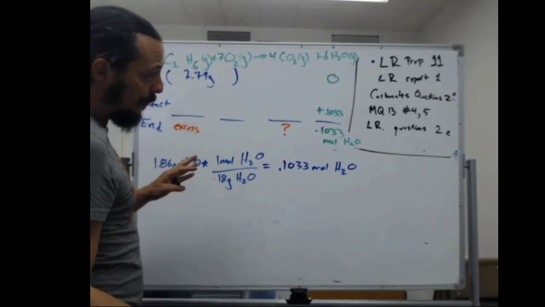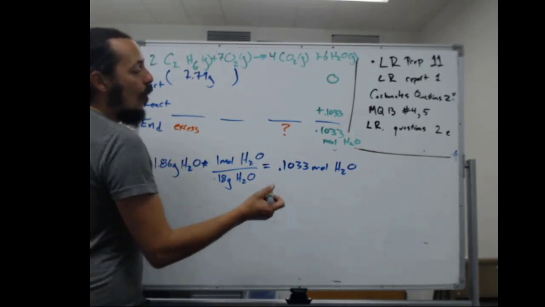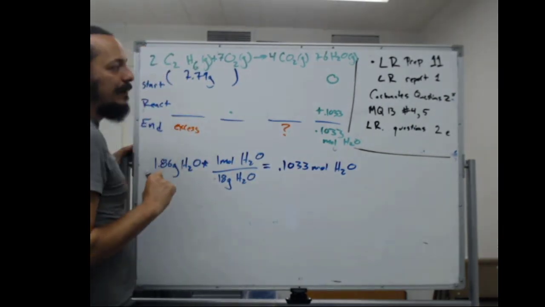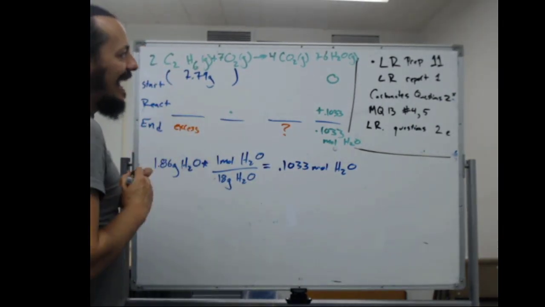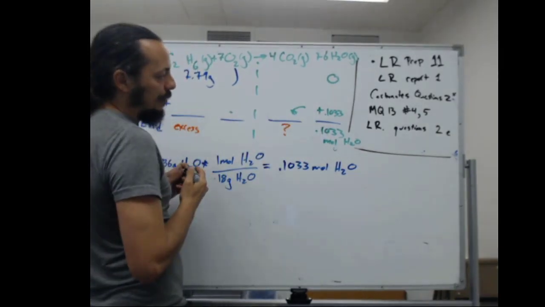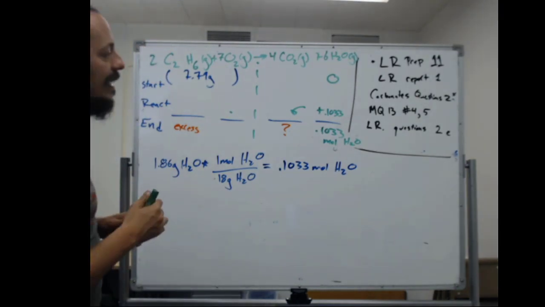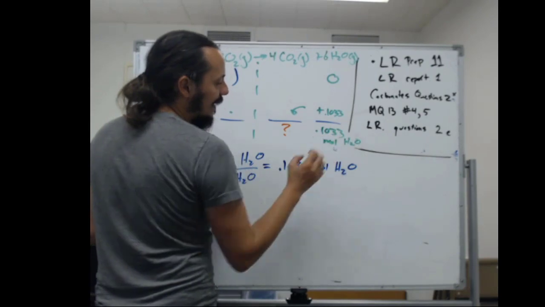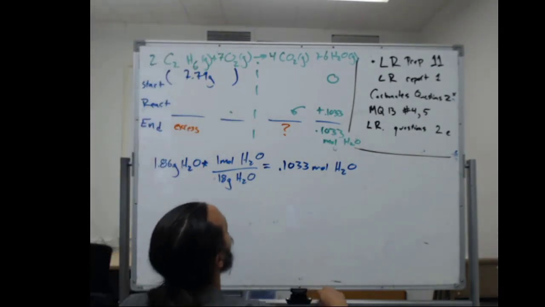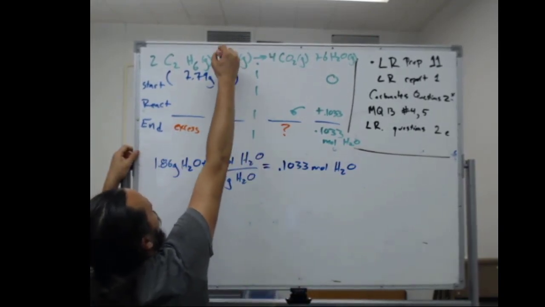Since we're told that the ethane gas is in excess, there's some left over, we know that this number of moles of water produced has to be related to the amount of oxygen that was used, and it has to be related to the amount of CO2 that's going to be produced. Right? So we can use this moles of H2O to figure out how many moles of limiting reactant we must have had. So since I know that the O2 is the limiting reactant,